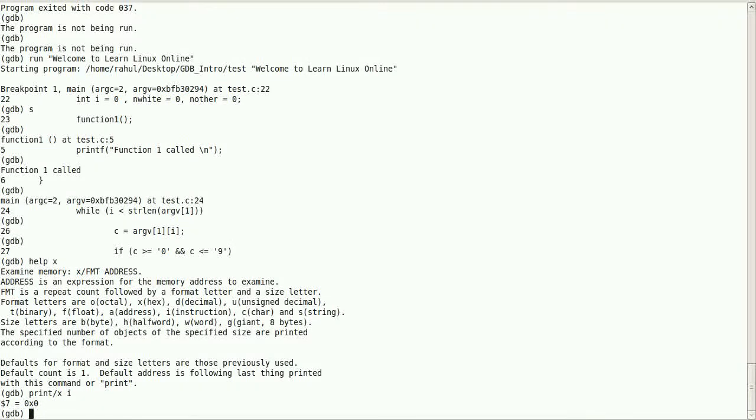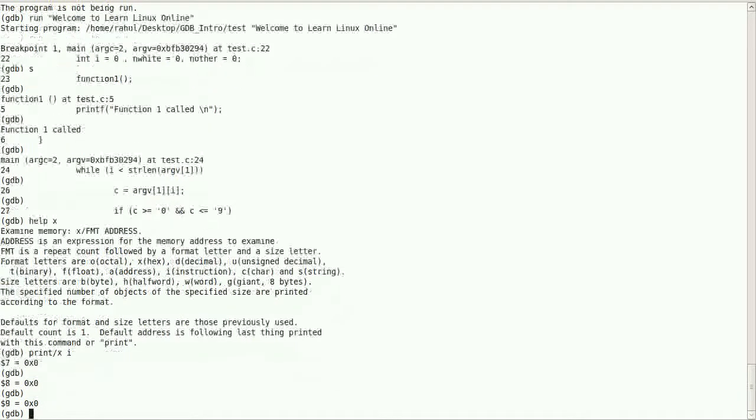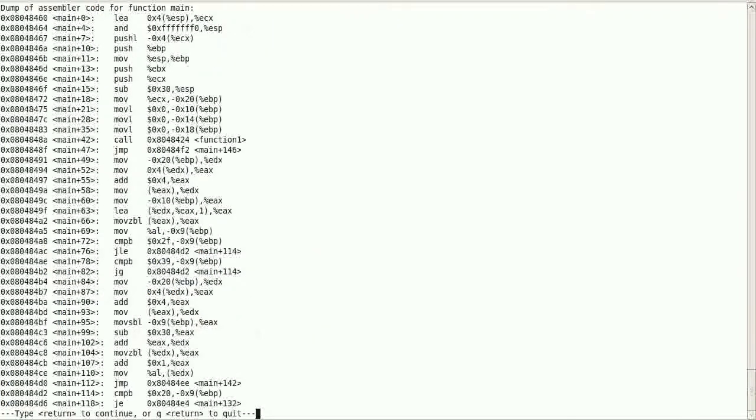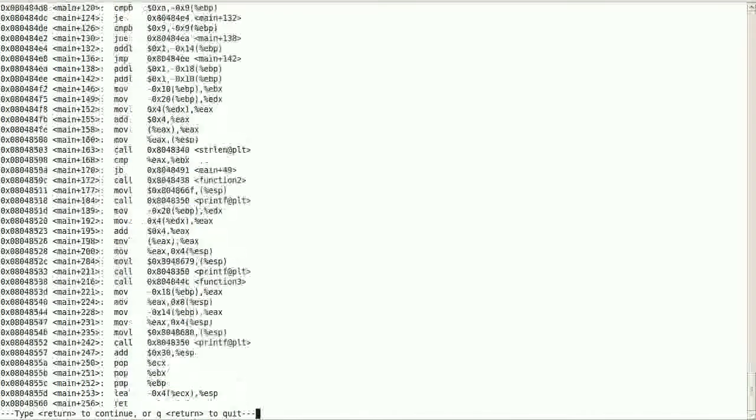And other than this, if you want to see the function in, let's say, assembly format, then you can disassemble the function. This is nothing but using disassemble main. So this is your code in assembly format, and you can insert a breakpoint here also.